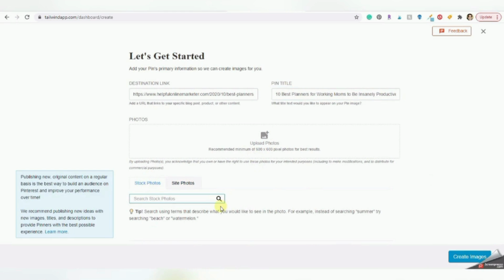Now, for this tutorial, to give you guys an idea of the types of stock photos you can select from, I'm going to use the stock photos. And I'm going to type in planner flat lay, because the blog post I wrote last week was about planners. So those are the types of images that I'm going to be looking for, because you want to select an image that is related to what your URL is about. Since my blog post is about planners, I am going to be looking for stock photos with planners in them,